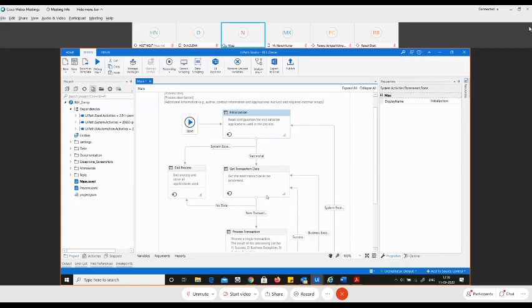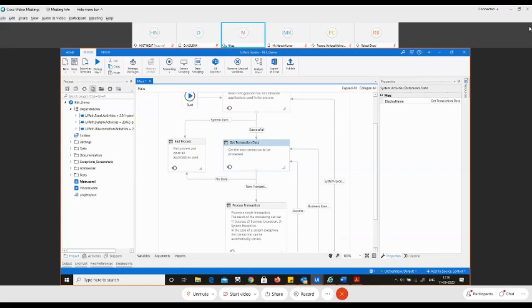Now let's talk about the second state, the Get Transaction Data state. It gets the next transaction to be processed. If there is no data to be processed, the execution goes to the End Process state. If a new transaction is successfully retrieved, it is processed in the Process Transaction state. It's all about state machines over here. So if it gets a transaction, as in from the queues, if it gets the value from the queue, well and fine, it goes to Process Transaction. If not, no data, end the process. As simple as this.